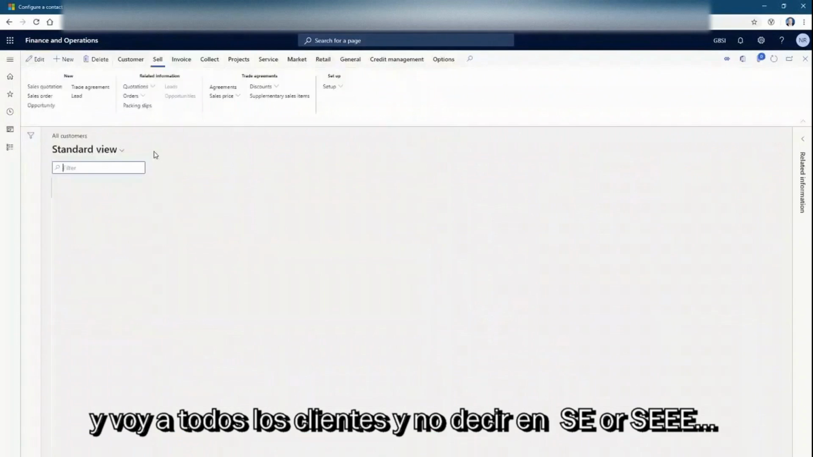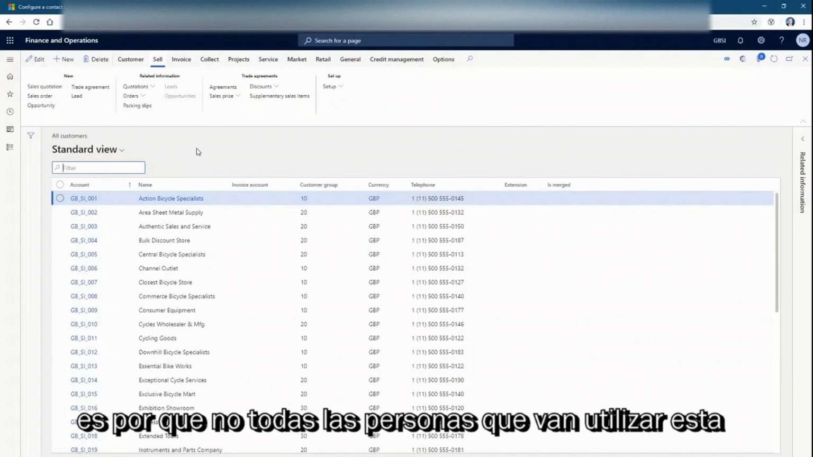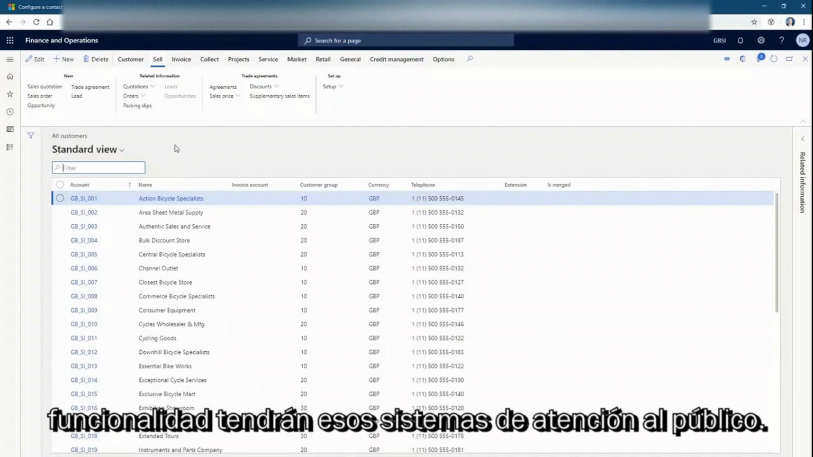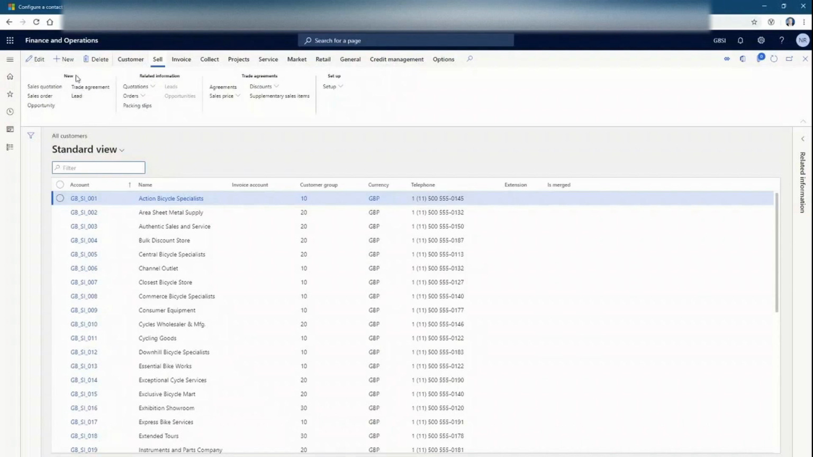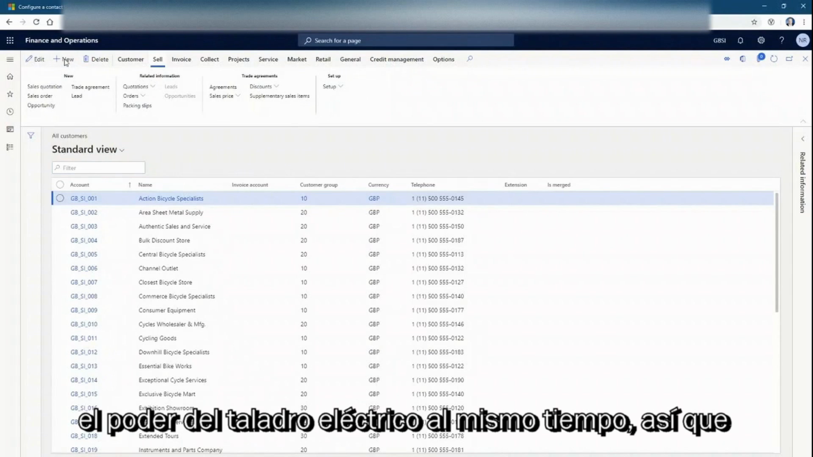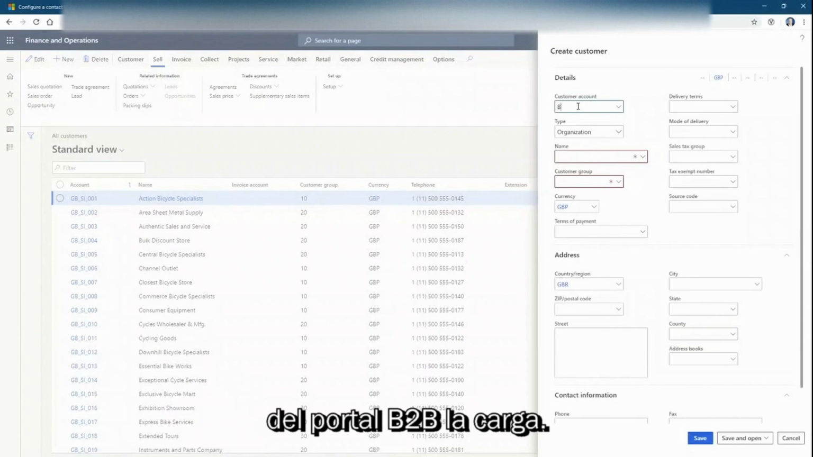and not in, say, SE or CE, is because not all the people who are going to use this functionality will have those front of house systems. So I'm going to do it this way, and also I can show the power of dual write at the same time. So we're going to choose New to start a new customer account. It's going to be B2B portal